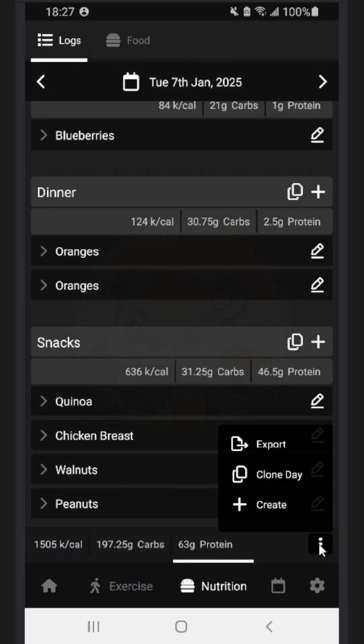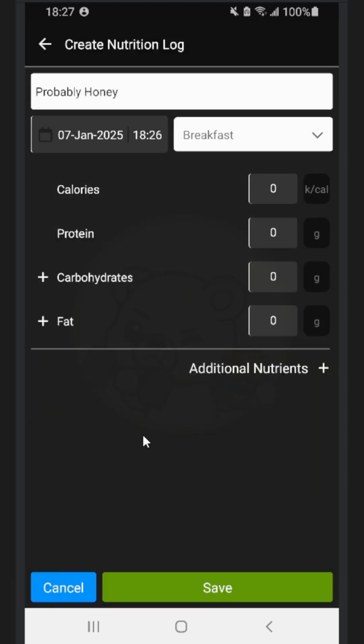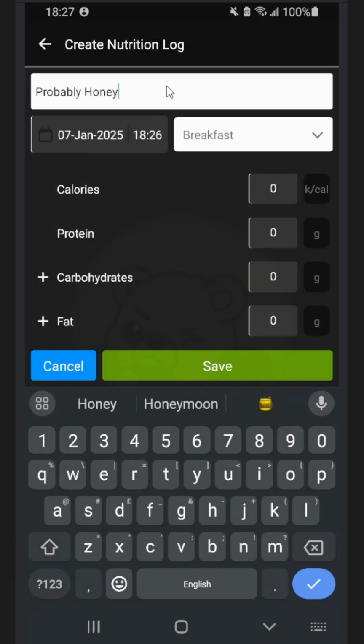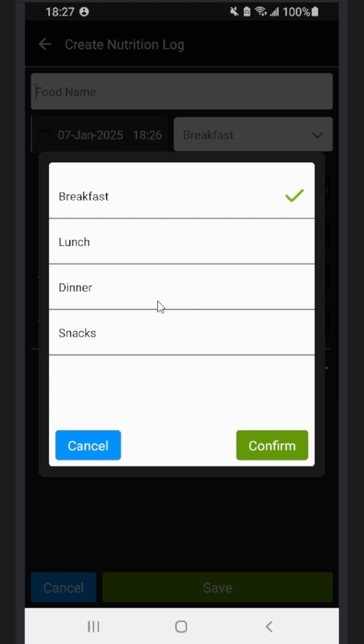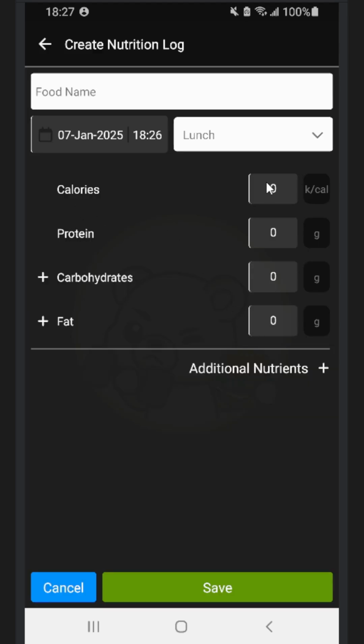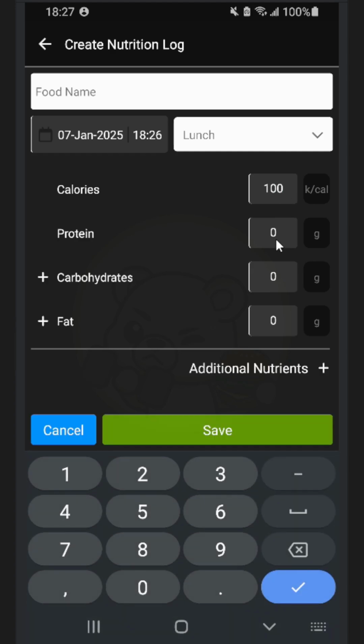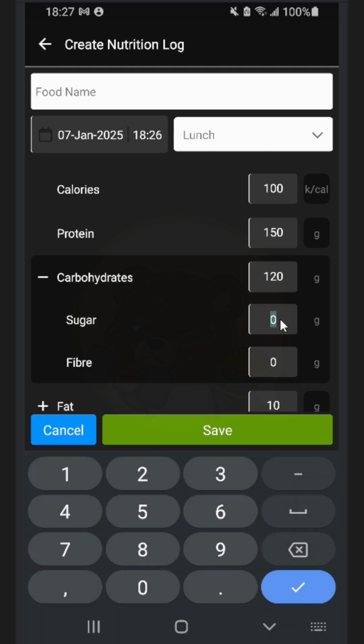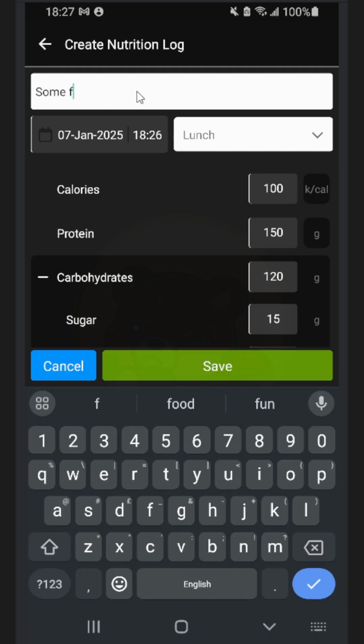Or you can just use the button down here and click create and do it here as well. You don't have to give it a name, that's up to you. But obviously it'd probably be good to have a name from the get-go. And then you can select the period in here. So we can say like lunch. You can enter in the calories, protein, carbohydrates. Blah blah blah, and then you can also expand on these if you want to and add sugar, and we'll just say 12. We'll put in some food